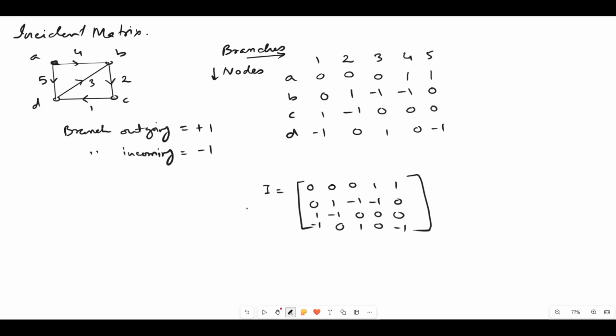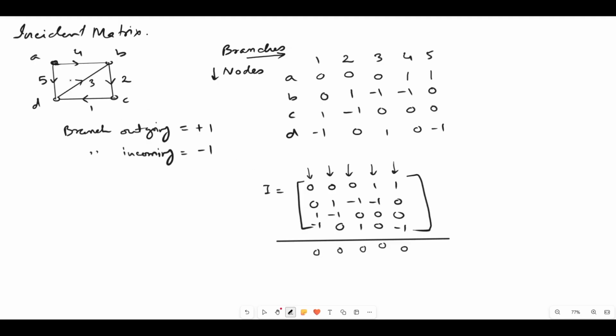Now this incidence matrix has two unique properties. If we see the columns, then it has only two nonzero values, either plus 1 or minus 1. So if we add all the values in a column, then it will be 0. Considering any branch, if we add the values, it will be 0. And that is also very much obvious, because